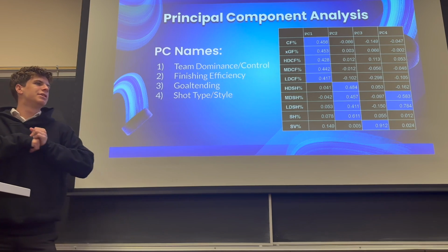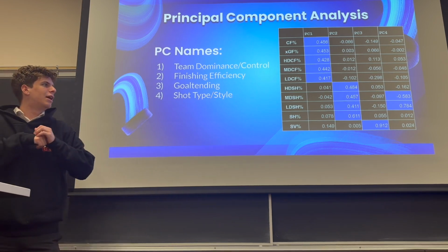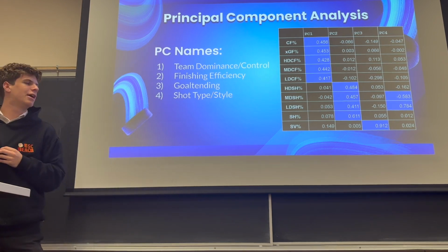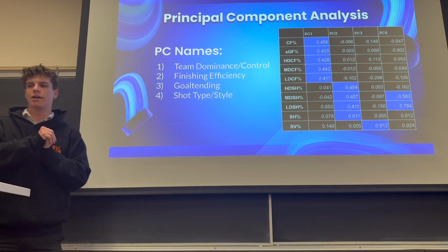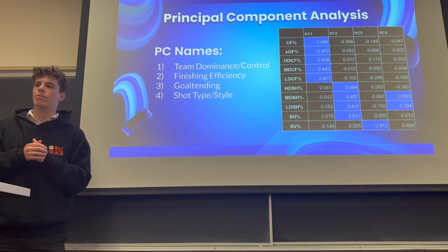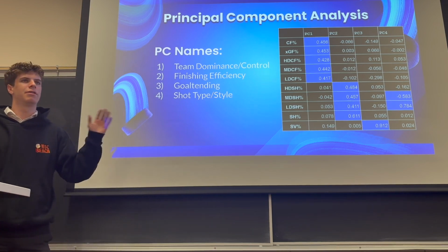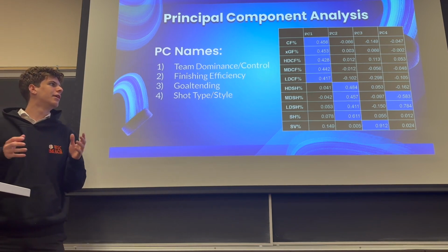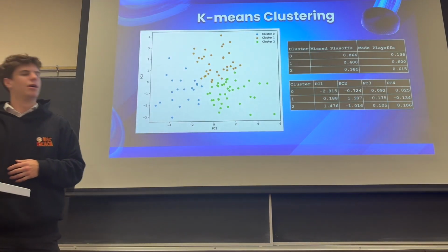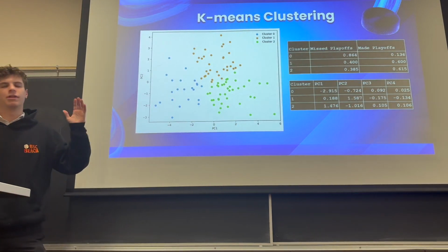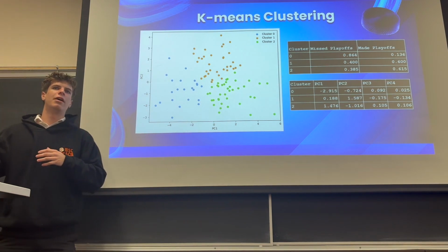And then the fourth one is not super obvious. I called it shot type and style, because it's not super clear what's going on, and then I ended up mostly using just the first 3 since they were the most obvious and contributed the most to the data. So with this, I did some clustering, just to see the profile of different teams